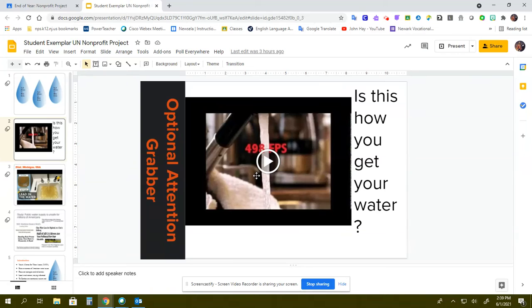Then your next slide, now this is an exemplar. These are people who really went for it. They wanted those maximum points. So they have optional attention grabbers. So if you played it,